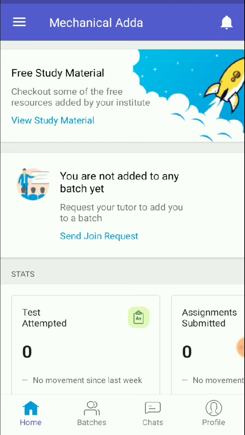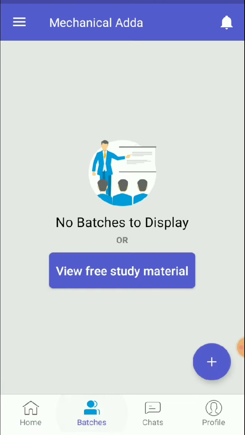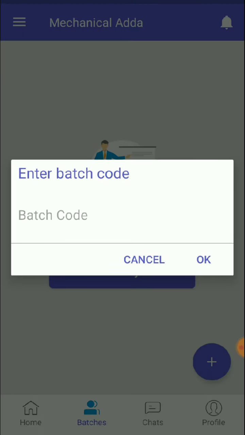There are two methods. You can directly click from here, or otherwise you can click on the batches and then click on the plus point. If you click here, it will ask for the batch code.